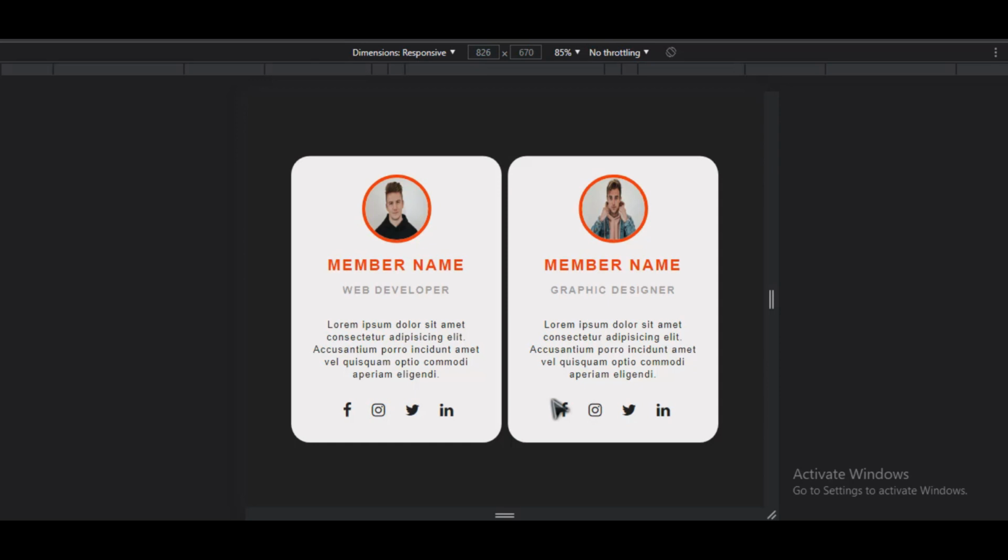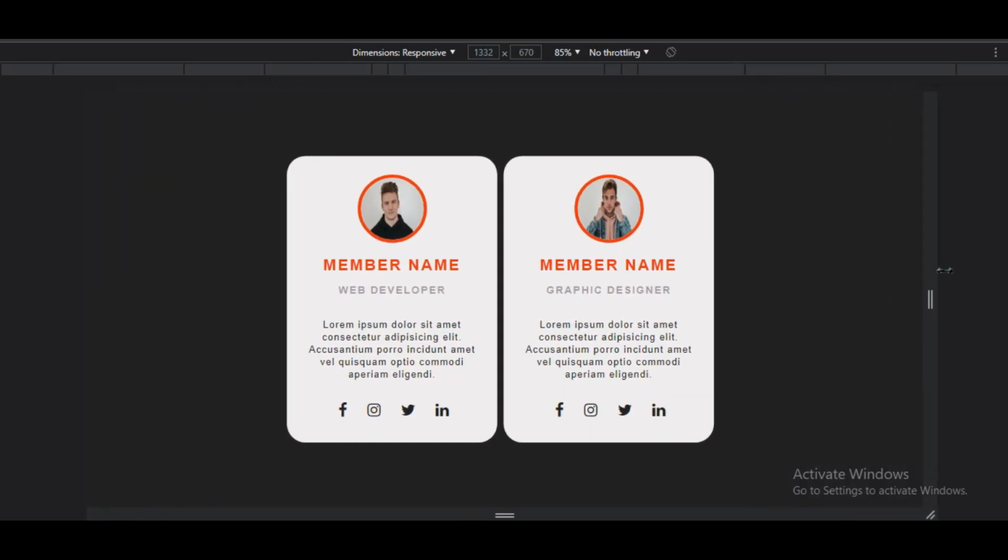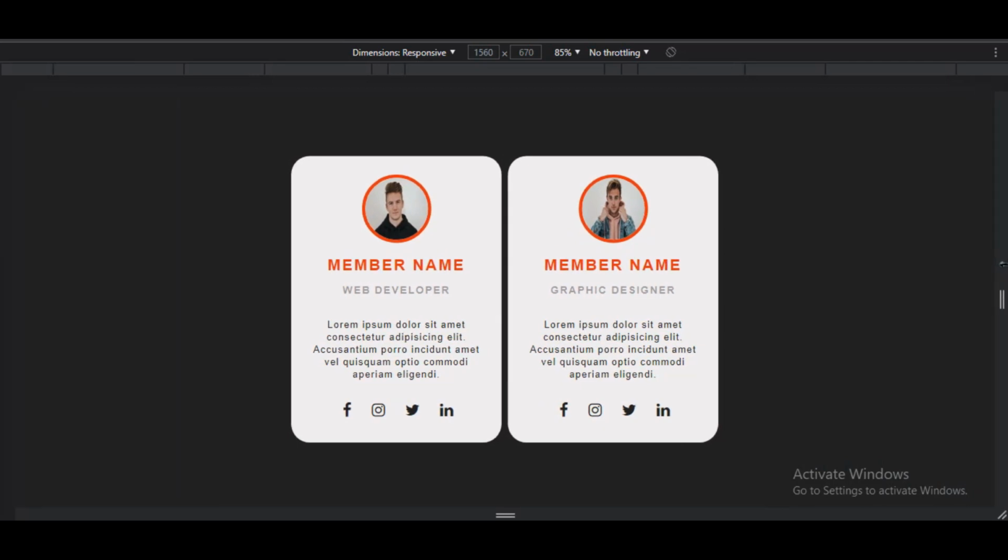So let's start. As you can see on our output screen, I created two cards with some details like text, title, and heading with some icons. First of all, we will check the responsiveness of these cards.